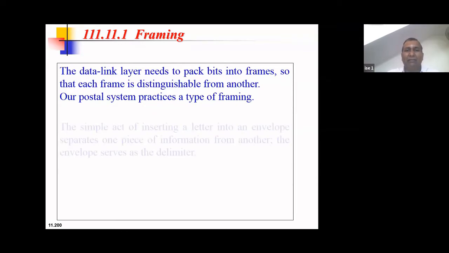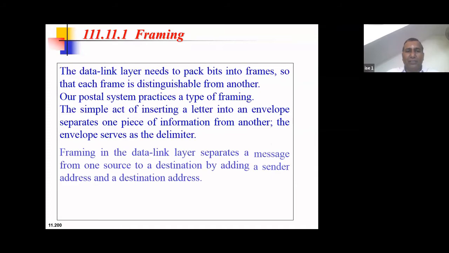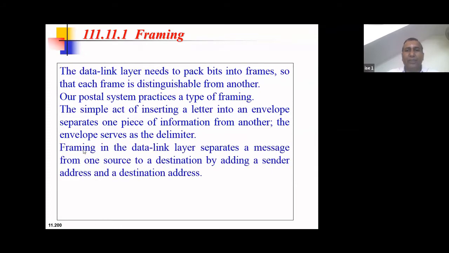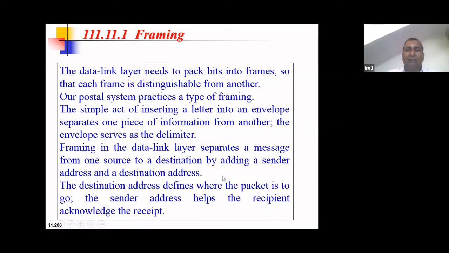They have given one example of a postal letter, with an envelope. I have three letters meant for three different persons, but they have to go to the same office. So I'll put those three letters into a single envelope and send it to the same office.